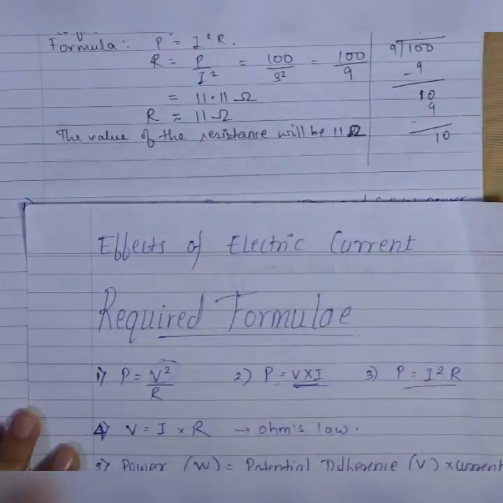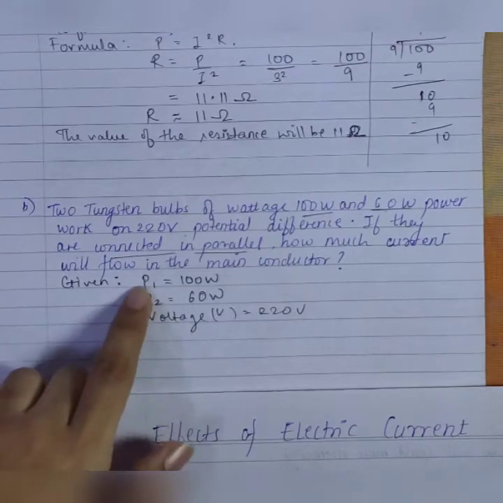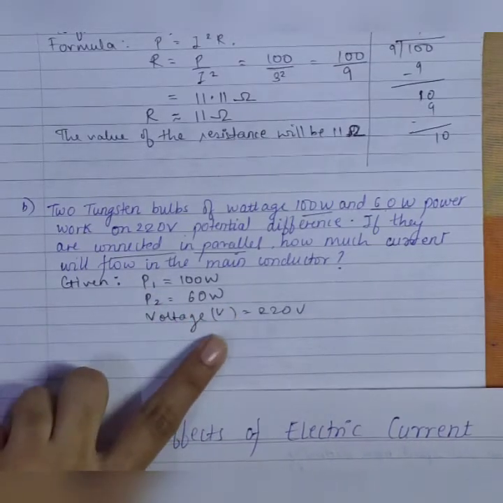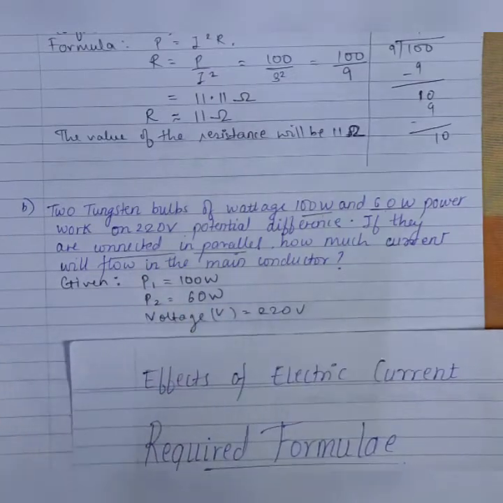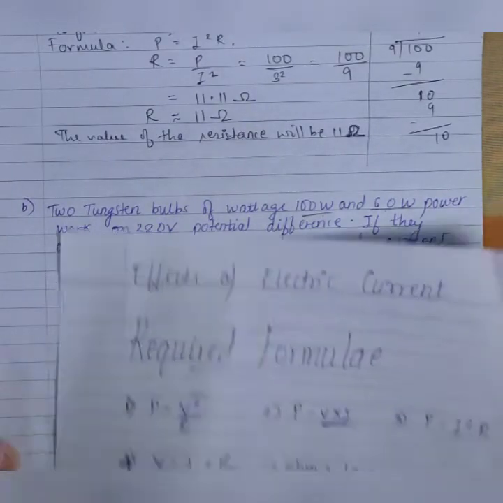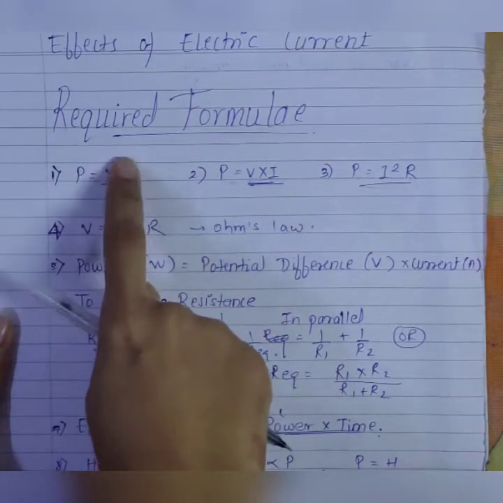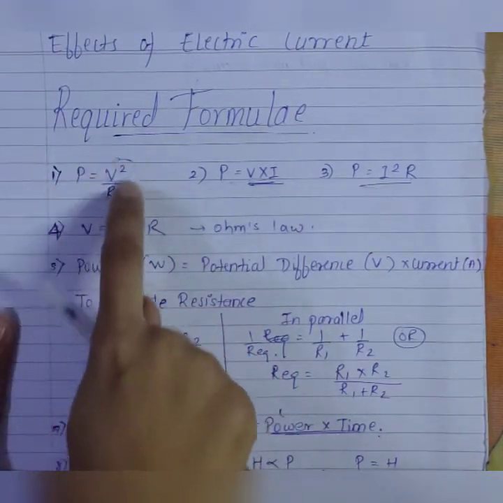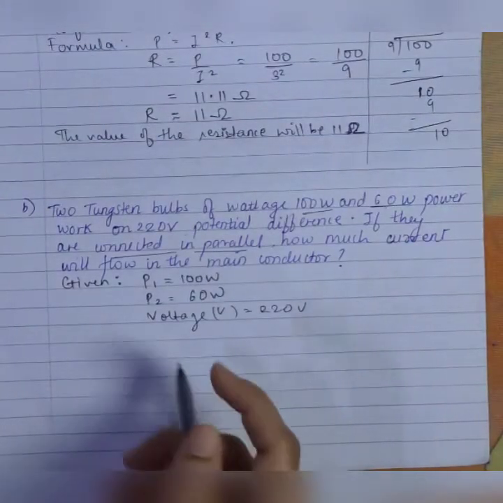Now how will you get this R1 and R2? How will you find R1? What is the formula to find R when you have P and V with you? You have to search for that formula. Fine. So P and V is there with me, and I have to find R. Means this is the formula I need to use. So let's write down this formula.